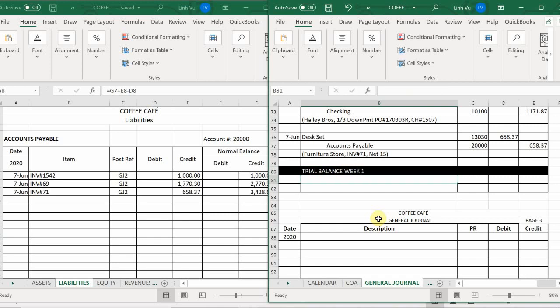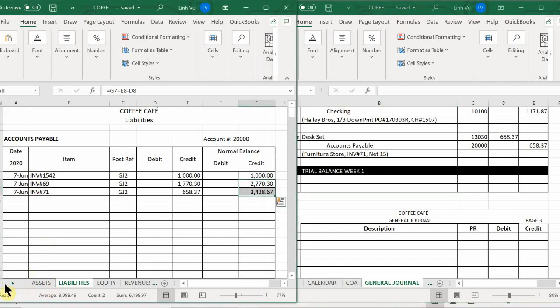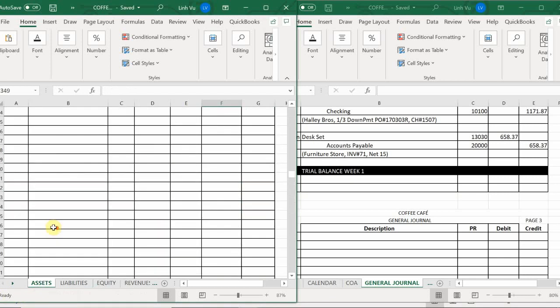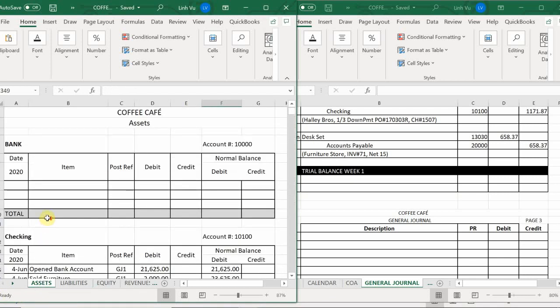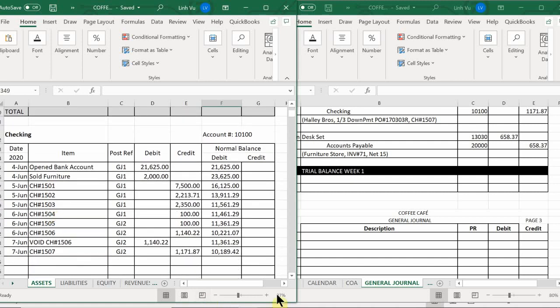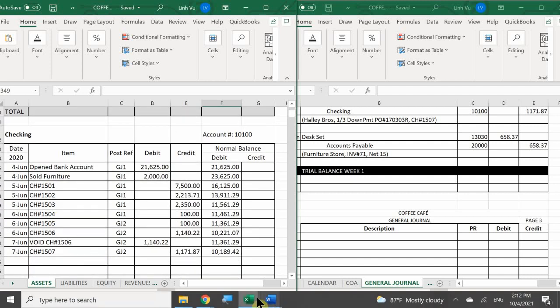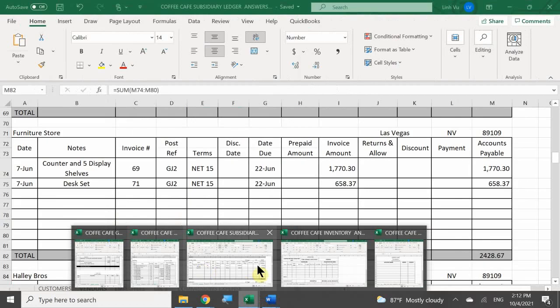Okay, so let's go ahead and take a look, because this is step 5 of the accounting cycle, which is to complete a trial balance, right? So let's take a look. For a trial balance, all you need is your general ledger account. Your entire general ledger gives you a list of every single account that exists in your chart of accounts, right? So what I'm essentially going to be doing is comparing and contrasting